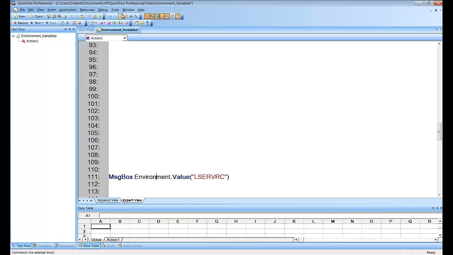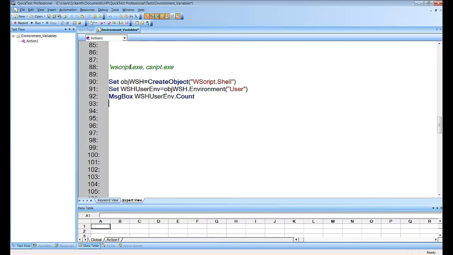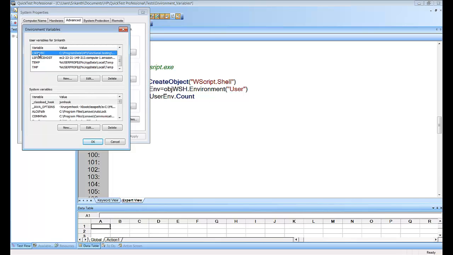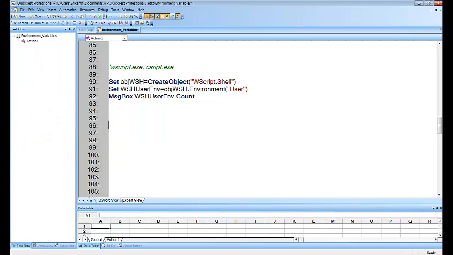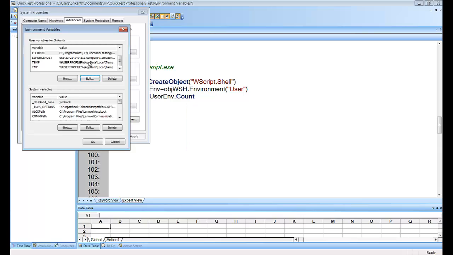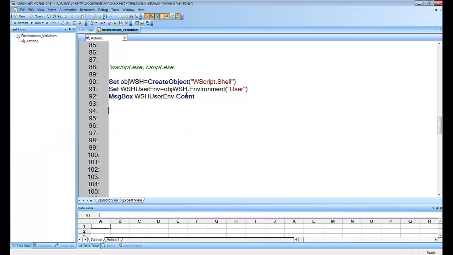Okay, this line we have to comment it out. I was able to get the right count. So now I got the right count. How can I access the values of it? Let me say I want to access the value of this variable. Before I go ahead, let me access the value. In order to access the value, I'll be saying